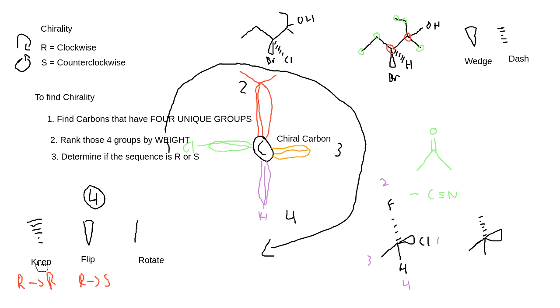Now I can rotate as many times as I want, but it's simple just to rotate once. So I'm going to rotate just to the right, which is counterclockwise, to get it on a wedge. When I do my priority and get R or S, I can just simply flip it to get the correct answer. So what I'm going to do is put hydrogen here,